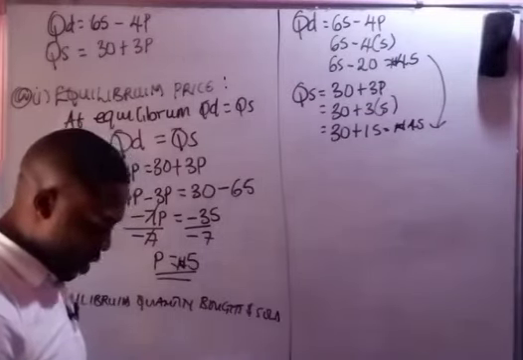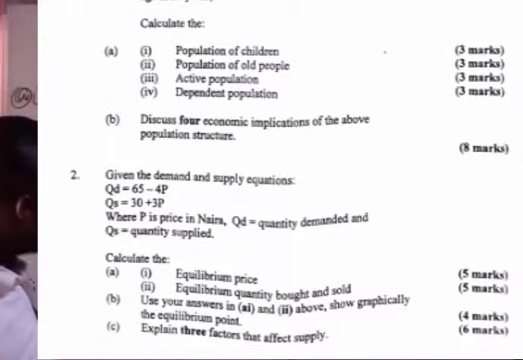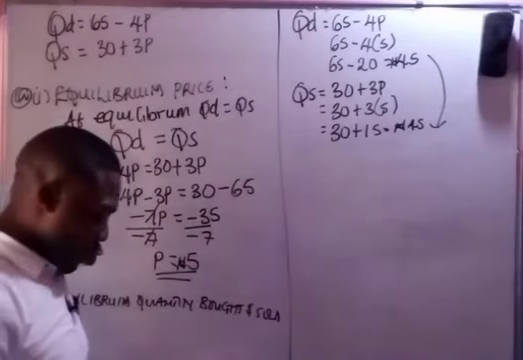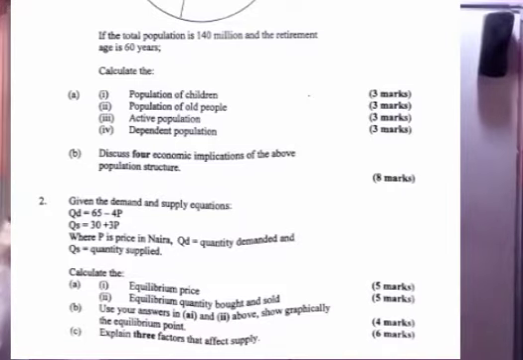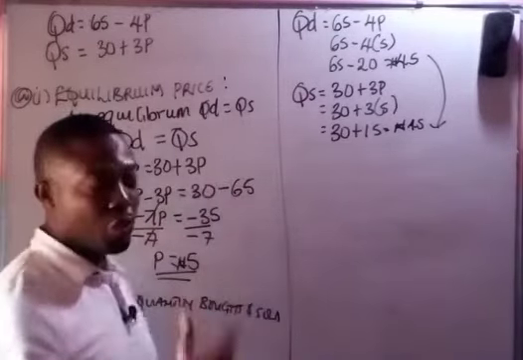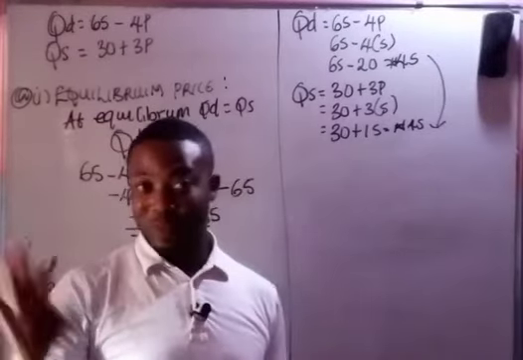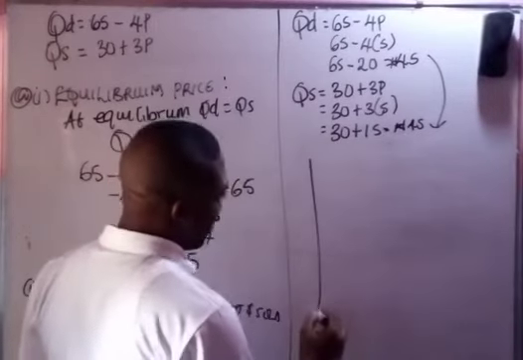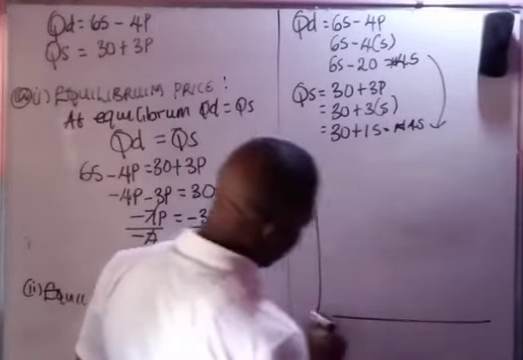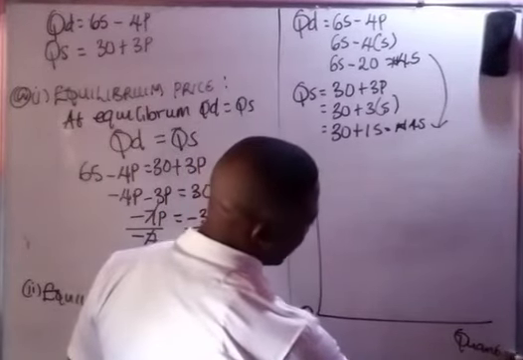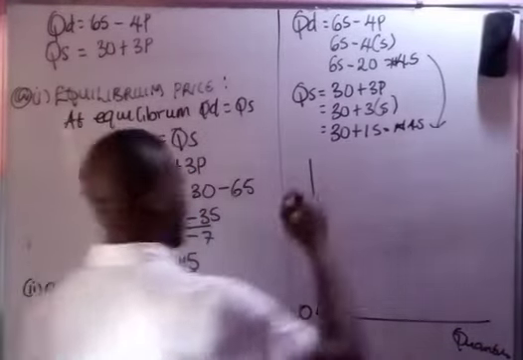B, says use your answers in (a)(i) and (ii) above to show graphically the equilibrium point. So what they are saying is that we should use these answers we've gotten to show the equilibrium point graphically, to explain it graphically. So if we have a demand and supply curve like this, this is 0, and there's a quantity axis, okay, and this is the price